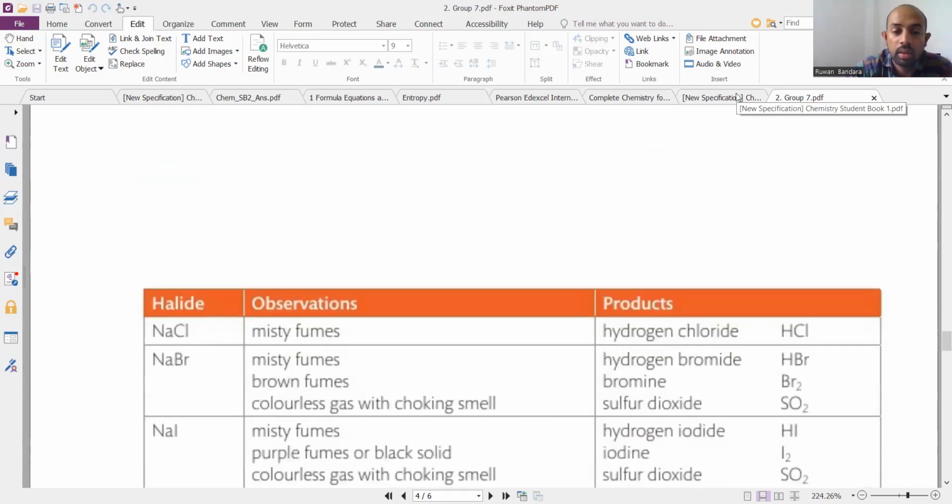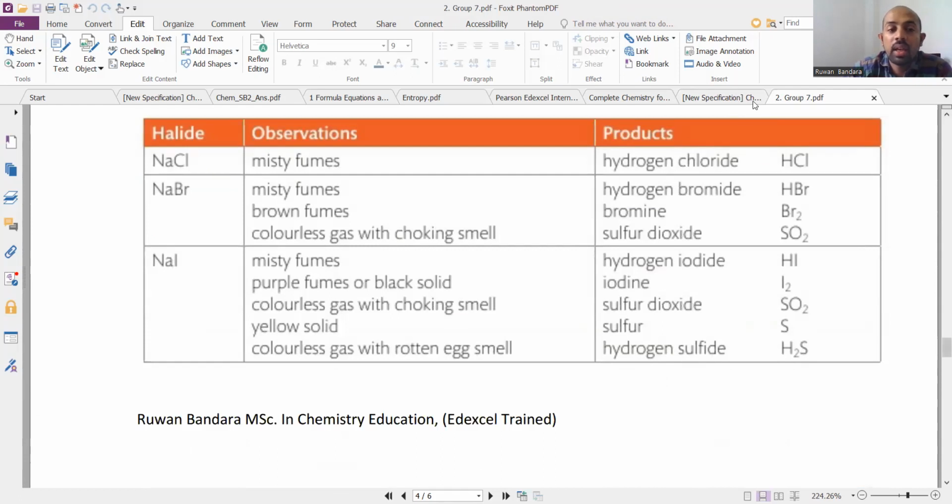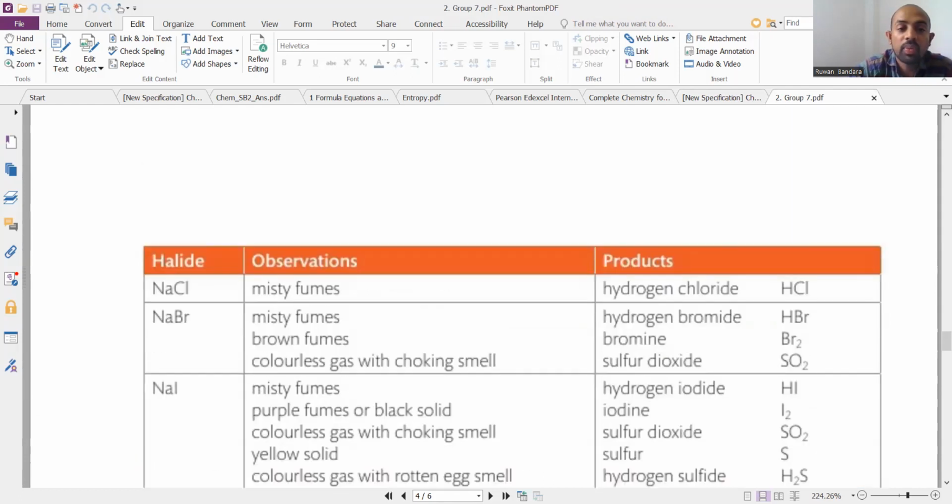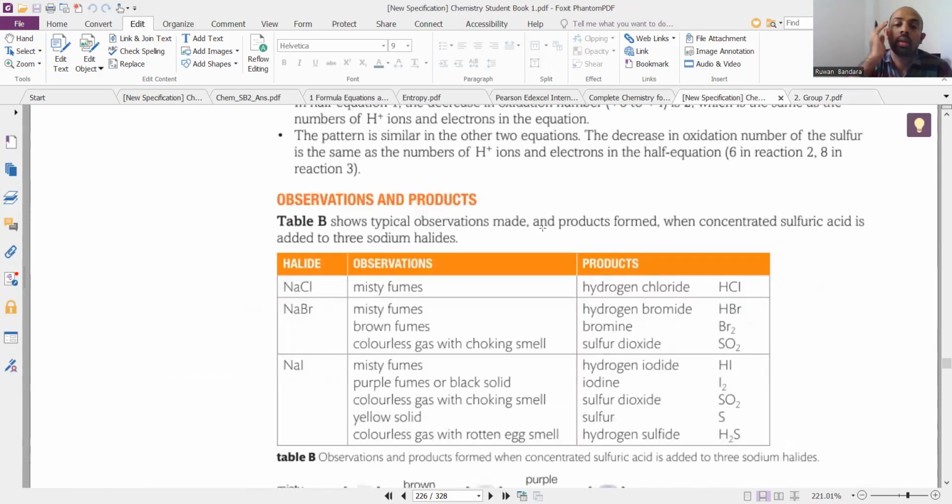Yes. Now look at this. Now write down on top of the table: typical observations and products formed